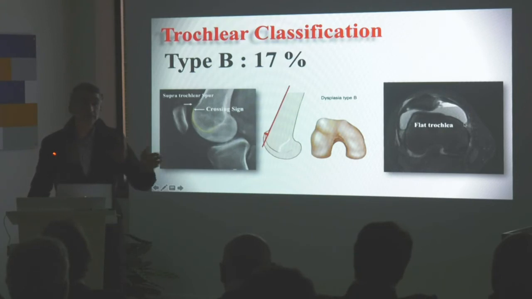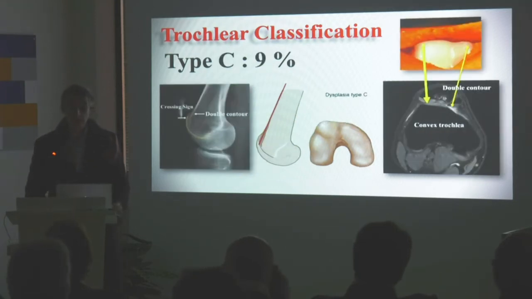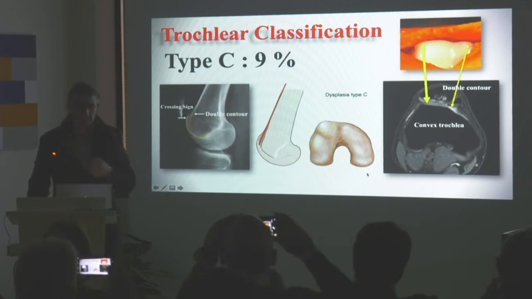But you have to understand also that it's not A, B, C, D, and it's going up, up, up. B is different from A, but it's different from C. But C is not bigger than B. It's different. This is something important to understand. Then the type C, which is the most difficult one to pick up, because you have the crossing sign, but